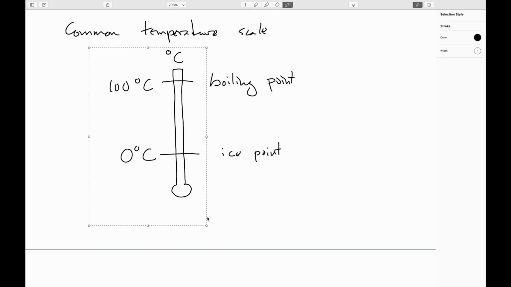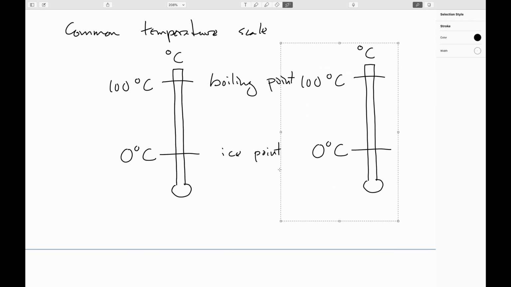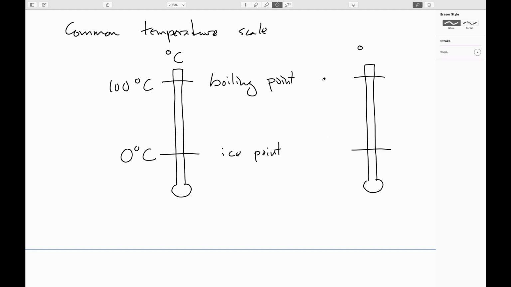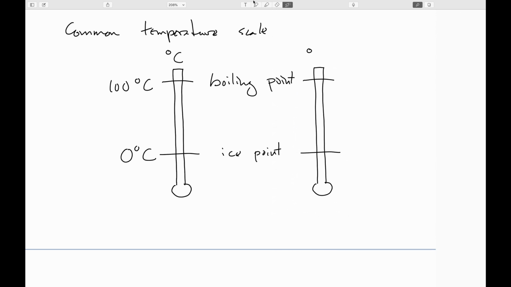Now, by comparison, just to show that there's nothing particularly special about doing this in Celsius, let's do this in Fahrenheit. Oops. And let me slide that back there. There we go. So now let's calibrate a Fahrenheit thermometer. Again, it's the same process. You're just giving a different name to the ice point. Instead of calling it 0 degrees, you call it 32. And instead of calling it 100 degrees, you call it